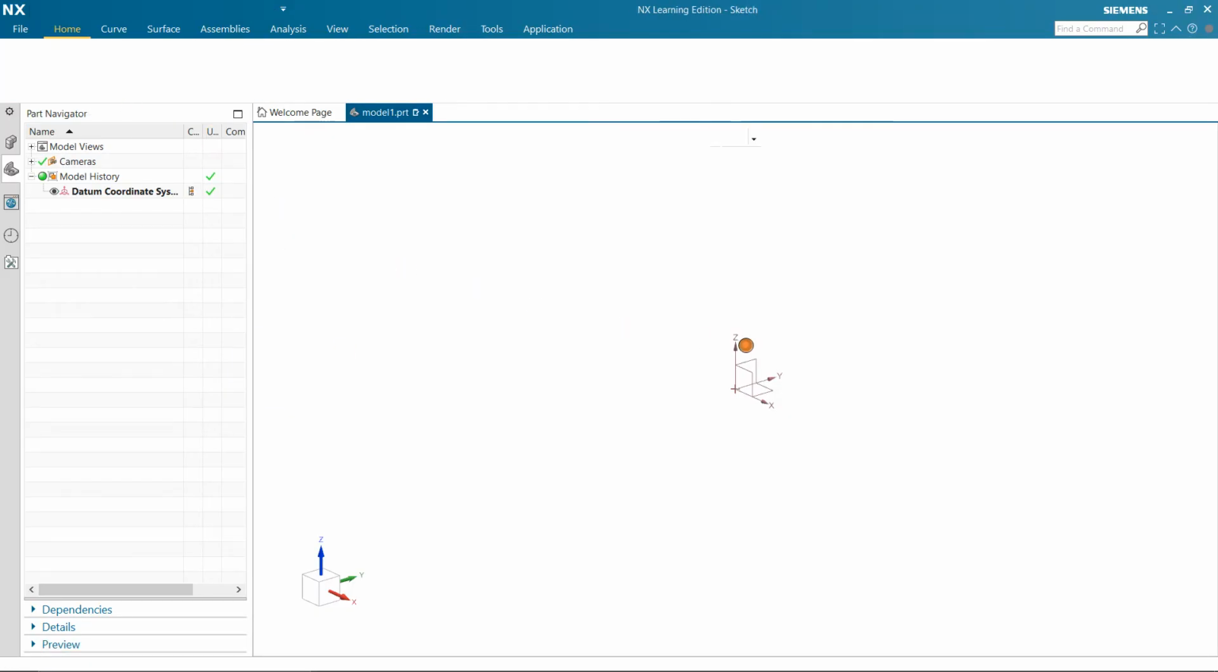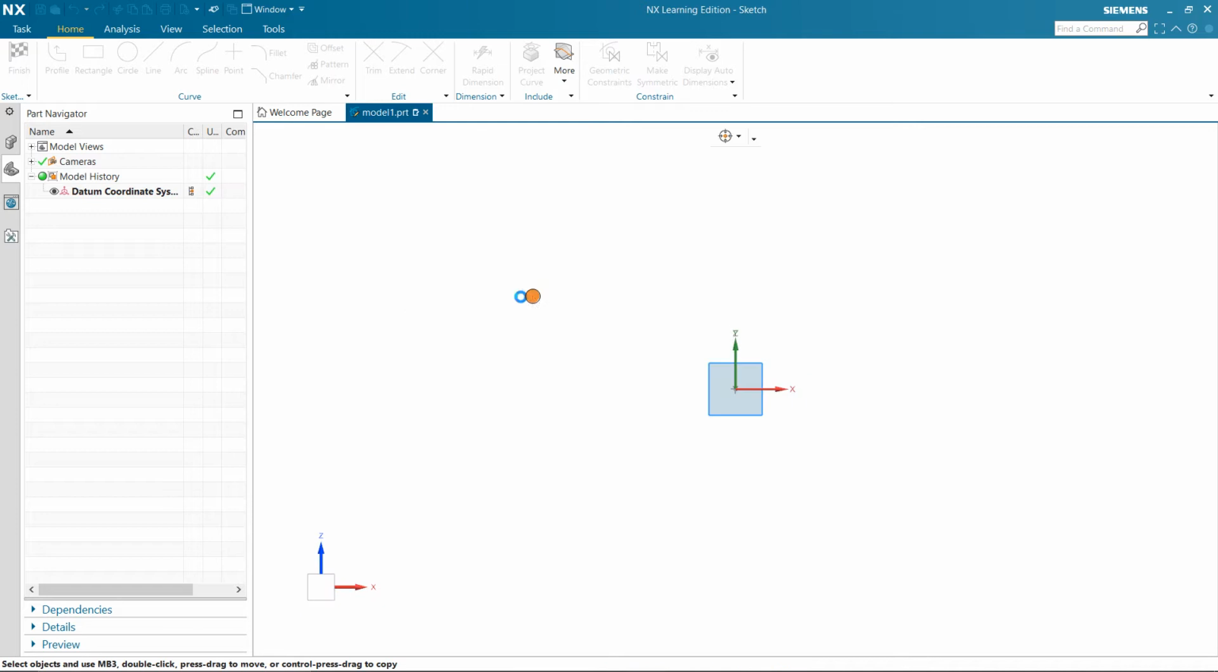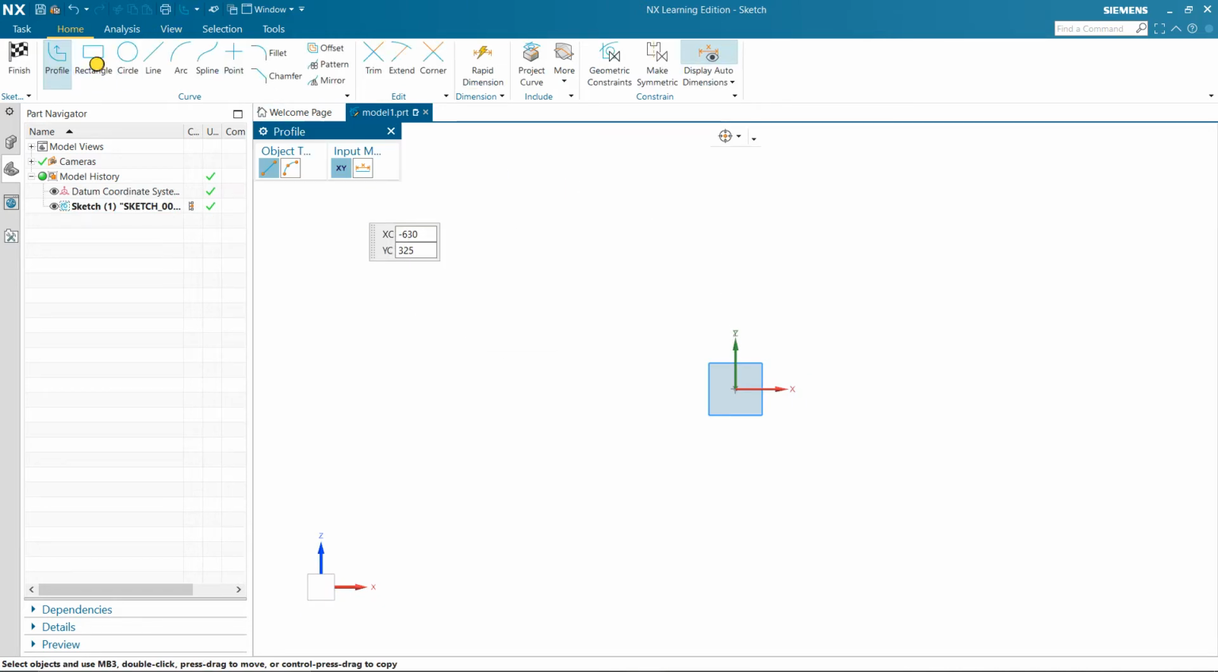Select sketch, and you have to specify a plane after selecting sketch, and the plane mode should be in invert, then it will be default. It will be somewhat easy if you keep it in invert, and then click on OK. Let's take the rectangle tool and tracing this, try to